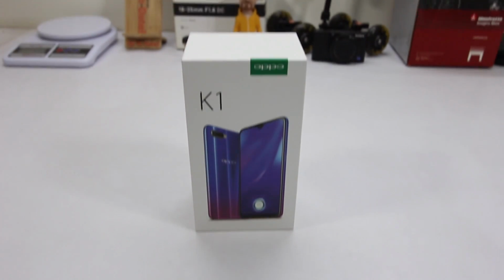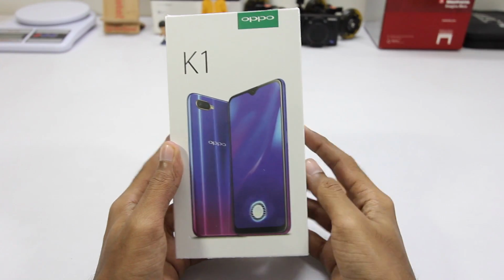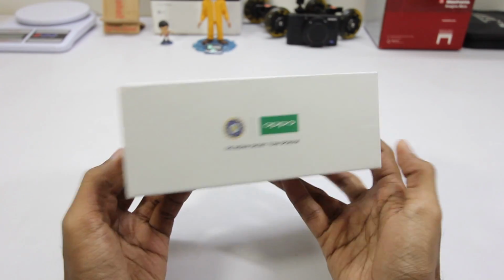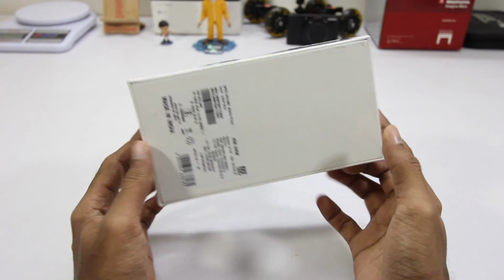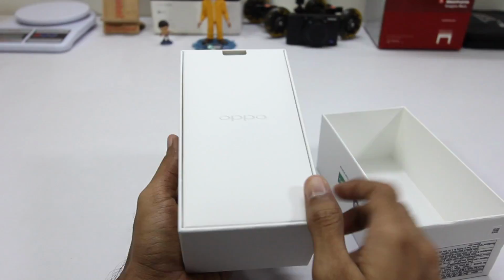Hey guys, in this video I'll be unboxing the Oppo K1, which is the most affordable phone with an in-display fingerprint scanner. This is the first time I'm unboxing an Oppo phone, so peeling off the plastic and opening the box, firstly